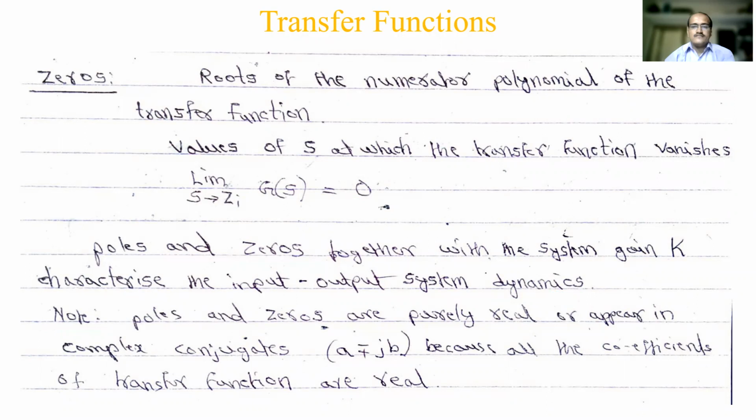Now what we have is a number of problems. How to find the transfer function of a given mechanical system, I have shown you very simply. If the mass, spring and damper system is there, you write the differential equation, apply the Laplace transform, identify the input and output, and then take the ratio of output by input, and you will get the transfer function. This is the same thing we are going to do now for a complex number of problems. That is the problem part. The theory is a little bit.